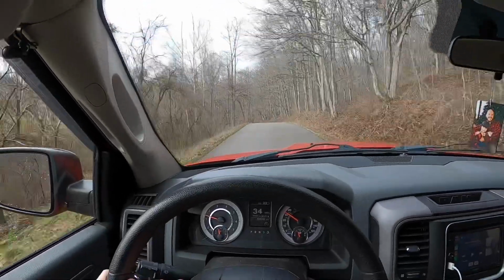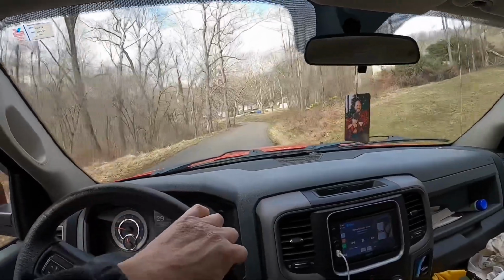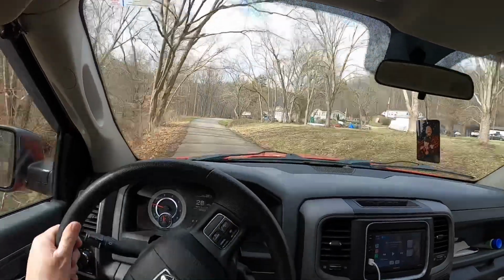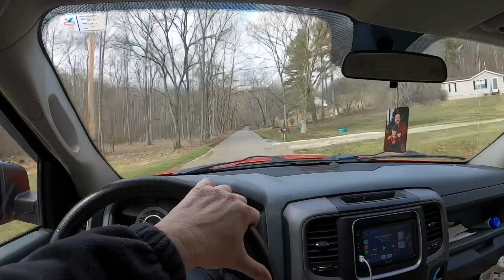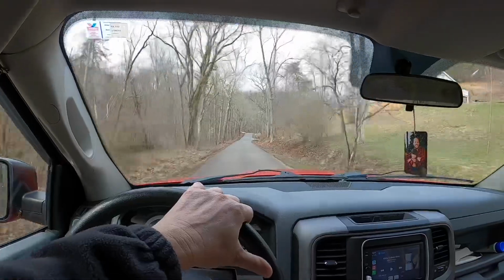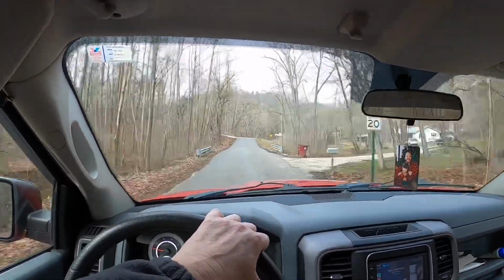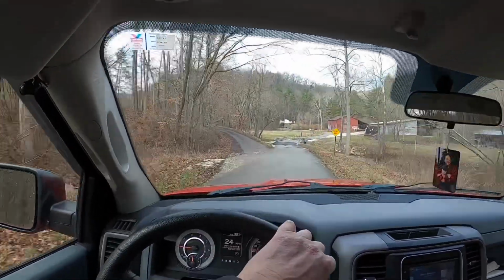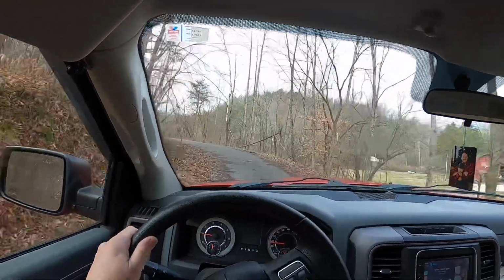But as you can see, it's a very windy little road. You're going to pass a few houses on your right. And there's the creek on the left that comes from the dam. And then right up here is where you will be turning left to go to Greenbo Dam. Up this little road here. It's all paved, so